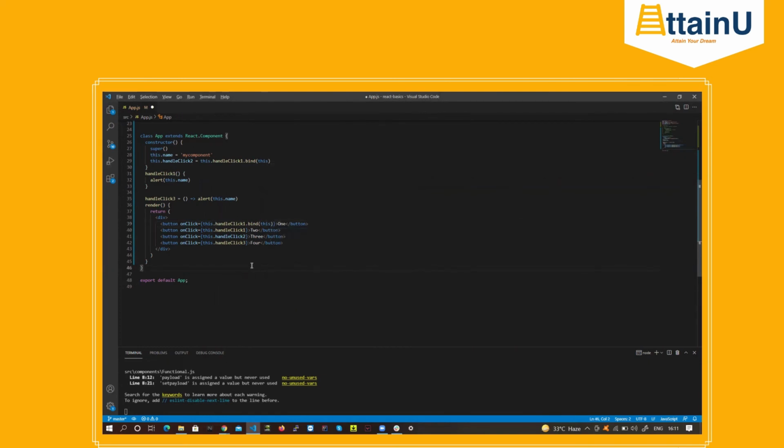Or if you want the method to be like that only, you could have done it something like this. Now again, you can see here, this is an arrow method. So this will get mapped to the environment, which will be the app component. So these are two different ways in which you could have resolved